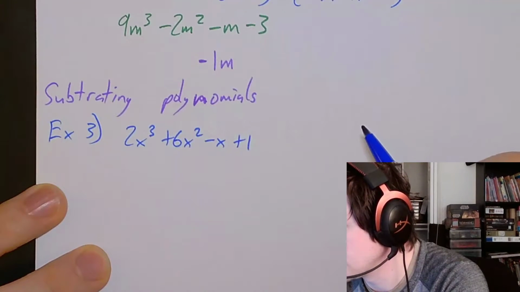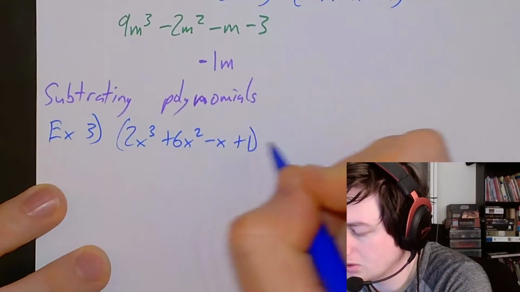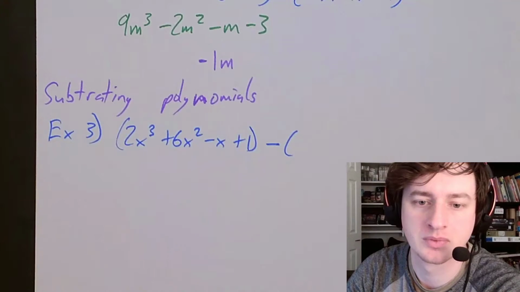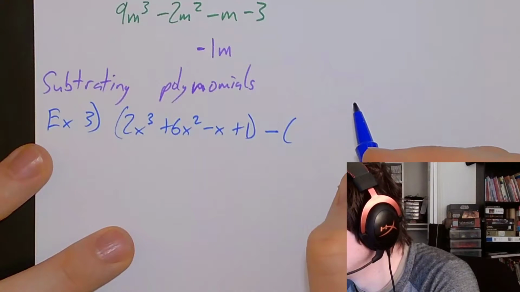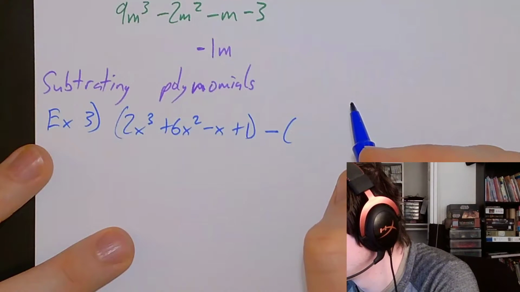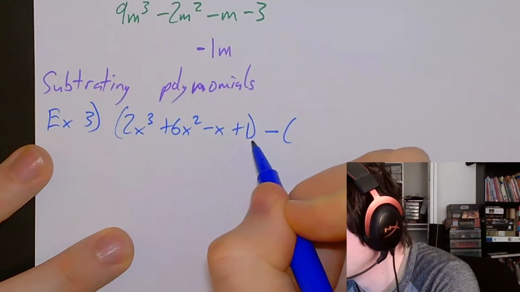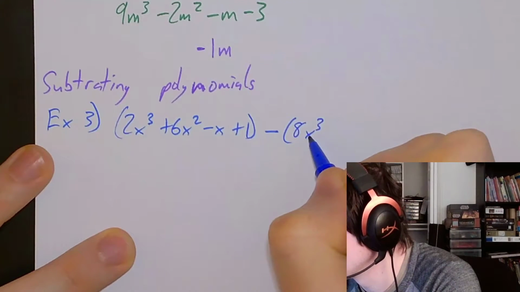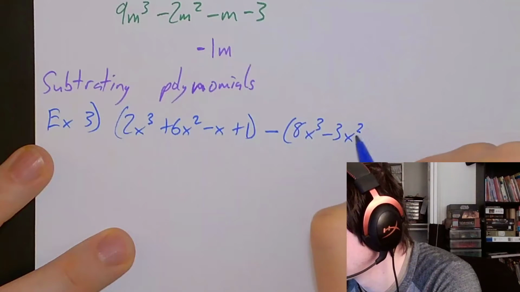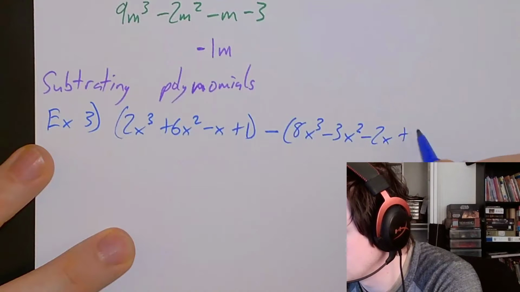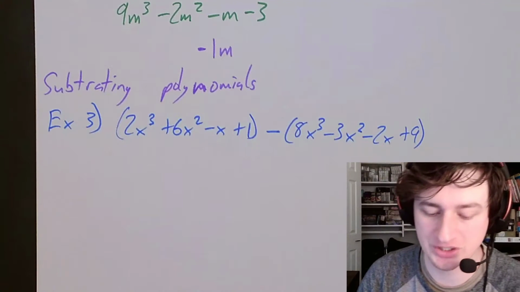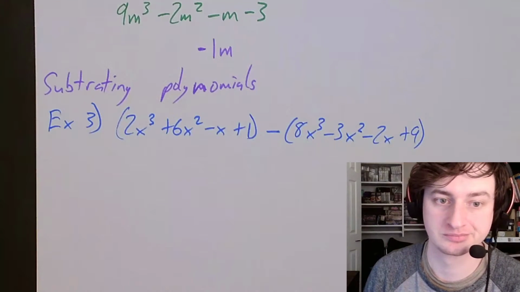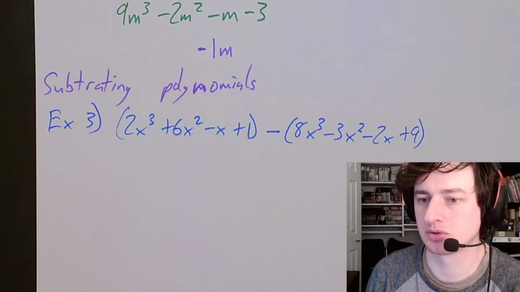Is it the same function? No, it's not. This thing, and we're going to subtract x cubed minus 3x squared minus 2x plus a 9. There's a number of ways to think about this, but generally we're going to switch to addition by distributing the negative. Okay, so I'm going to do this using the vertical alignment,